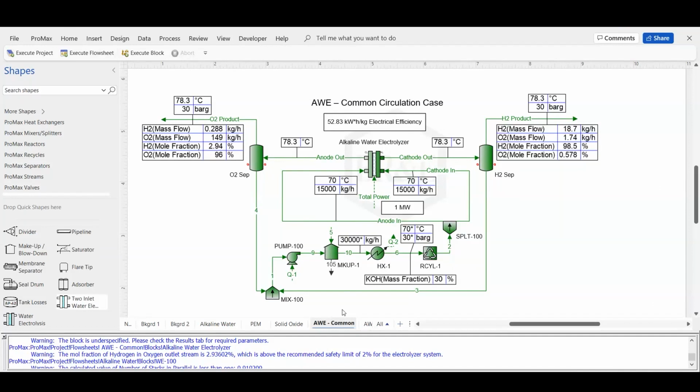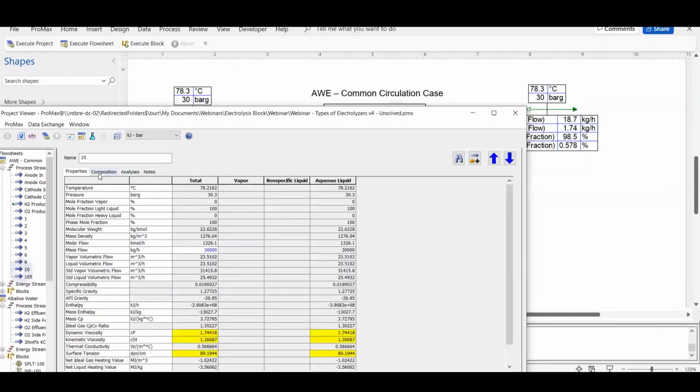There's one type where the effluents are fed to oxygen and hydrogen separators, and we knock out the water phase in each of them, and then we mix them back together into a single combined effluent, and then we pump them, and then we determine what our makeup flow rate of water needs to be in order to make our desired flow rate and our desired